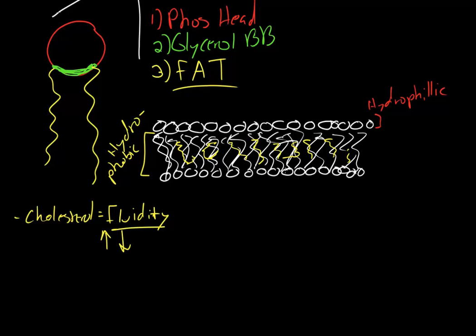Next thing we're going to have are the proteins. So we're going to do the proteins here in green because it's very striking. The proteins are the most important part of our cell membrane, okay? So the things that diffuse through the cell membrane with the most efficiency are small nonpolar